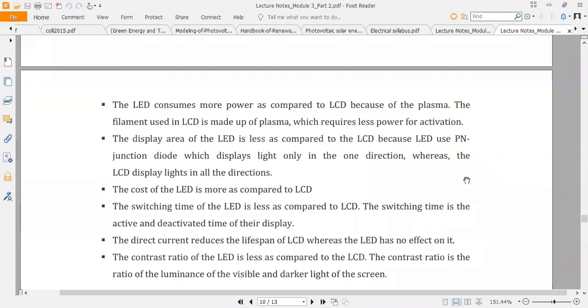this was all about the light sources. Okay, what we have discussed till now: incandescent bulb, fluorescent tube, CFL, LED. Okay, these four types of the light source we have